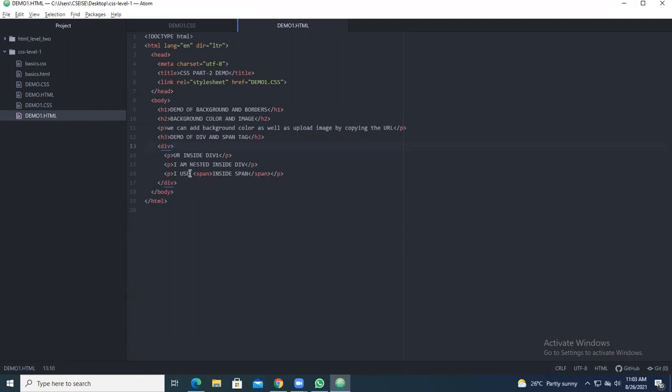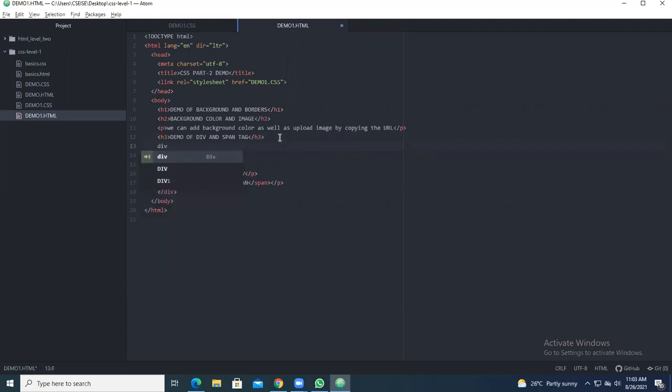What is the attribute of the div tag? If you give div, what will you be getting?